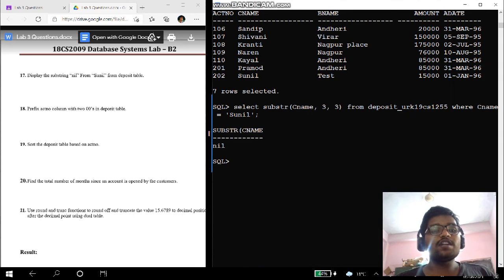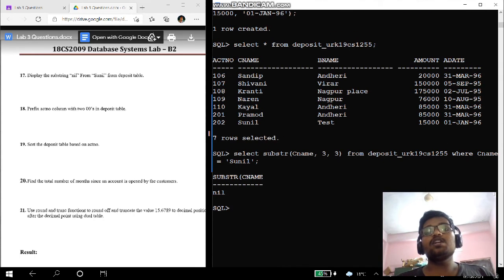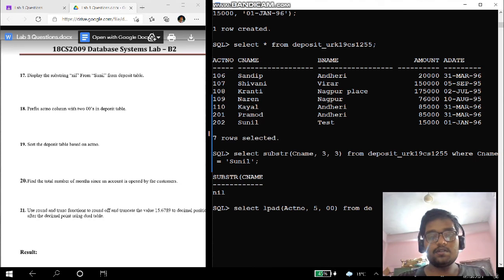Now coming to the 18th question, that is to prefix the account number column with two zeros in the deposit table. In the deposit table, we need to prefix the account number with two zeros from the left side. So to do that, let us use the lpad function. Lpad in the attribute name, account number, 00, this is the length of the string, and from the table name.